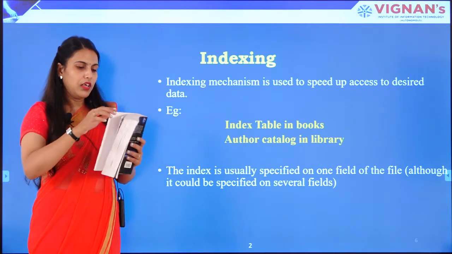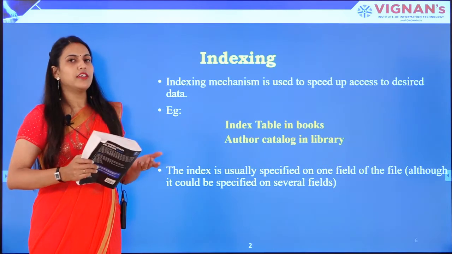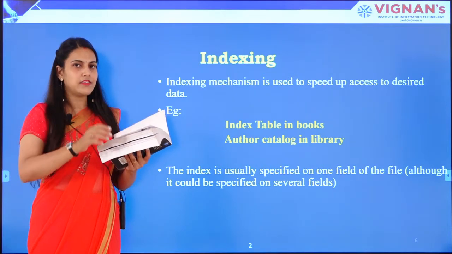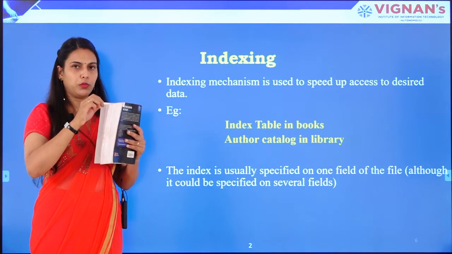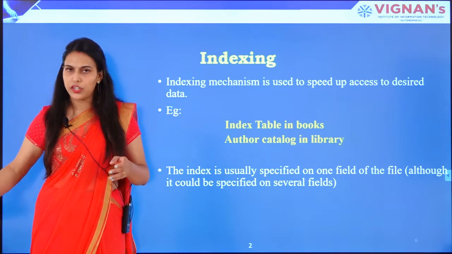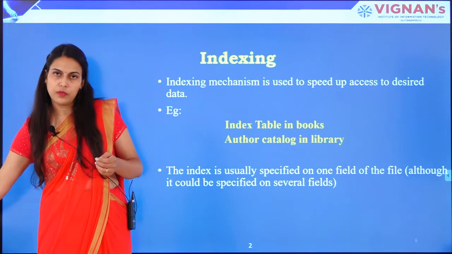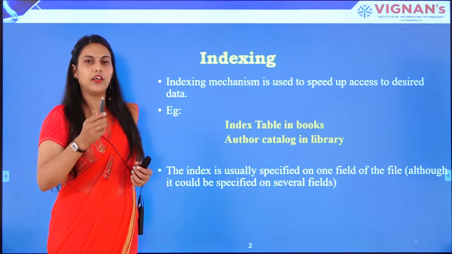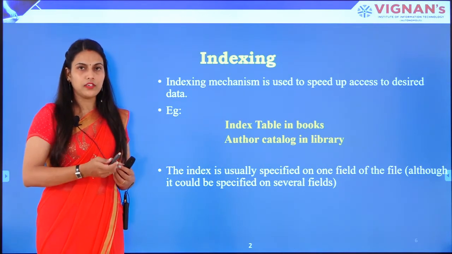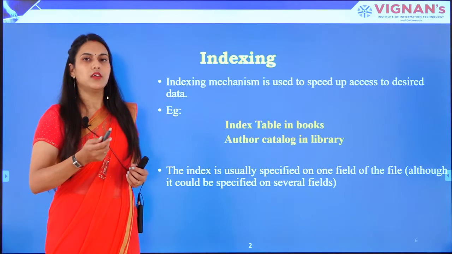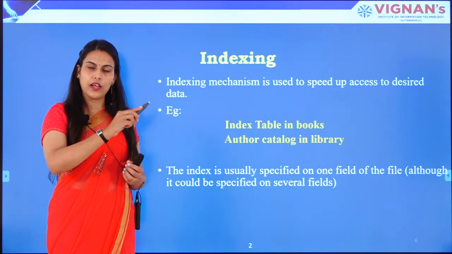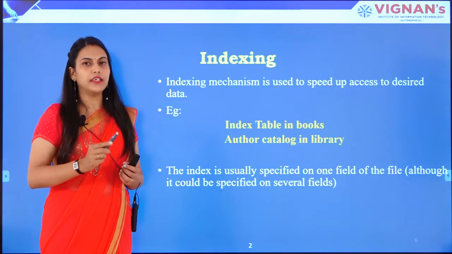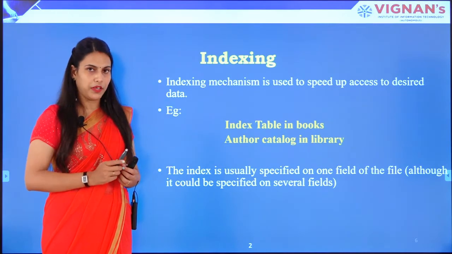In order to avoid the worst case, we will prepare an index table in the beginning of the book. The index table is usually 3 to 5 pages, which can help you find the required topic efficiently. If I want to read the normalization topic, I will simply refer to the index page of the book. From there I can get the page number, go to that page, and read the normalization topic.